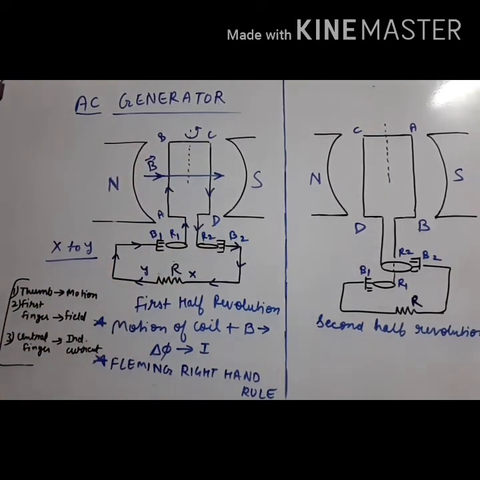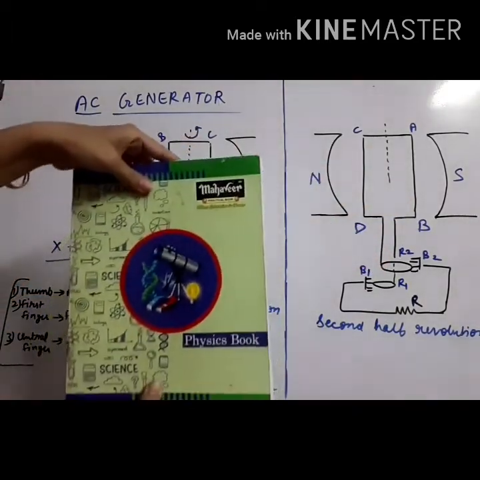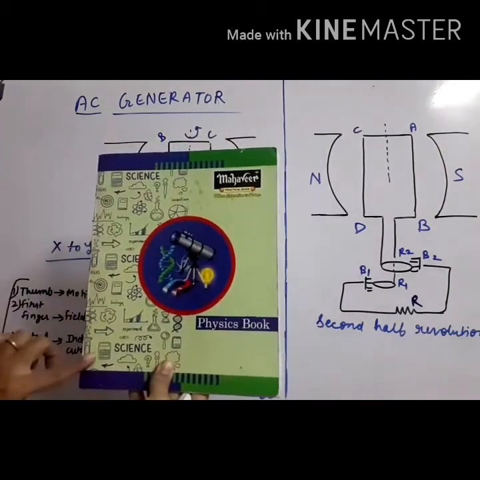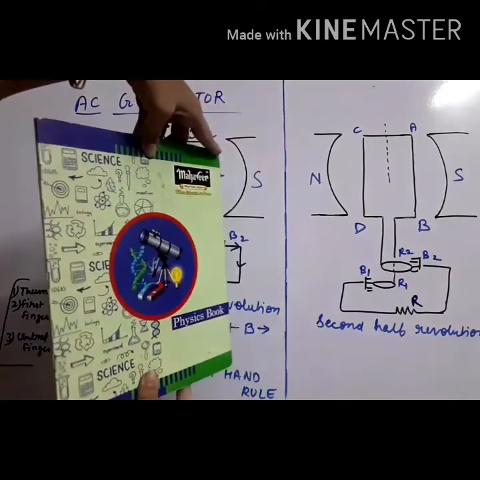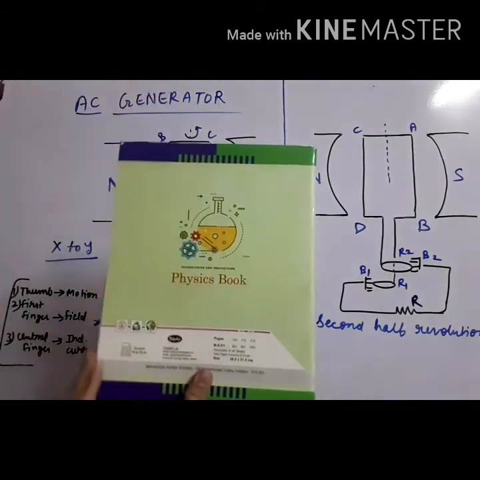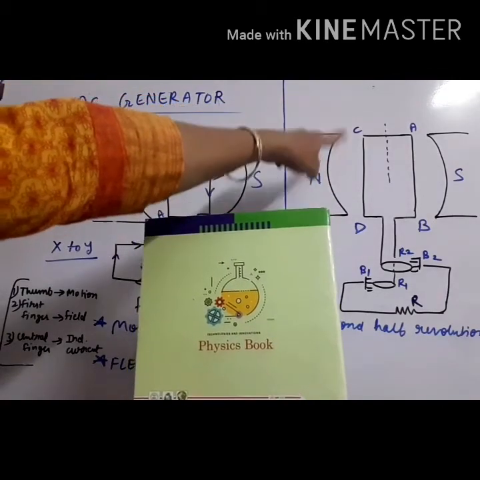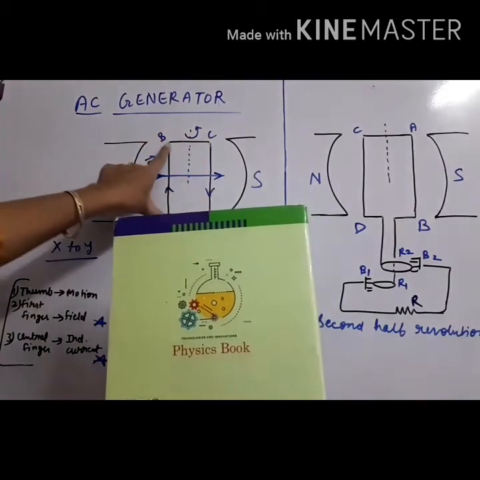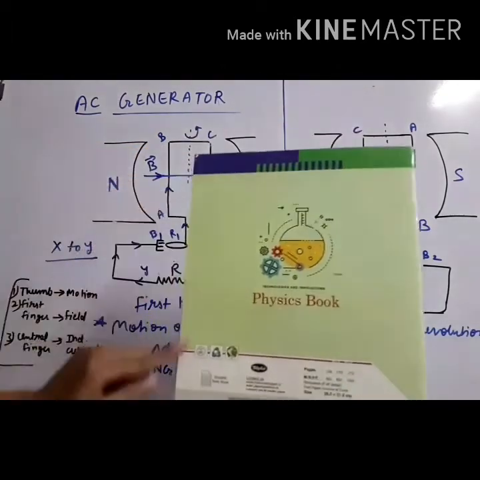So you can see I am coming now to the second diagram. How I started, let us understand. This part is CD, this part is AB. We turned the coil so that CD moves in. Then you can see in its half revolution it just came here. So in the second diagram, where we have shown the second half revolution, CD's position will come here. Earlier CD's position was here, but it will shift this side by half rotation. So it has come here. You can see now CD is here.